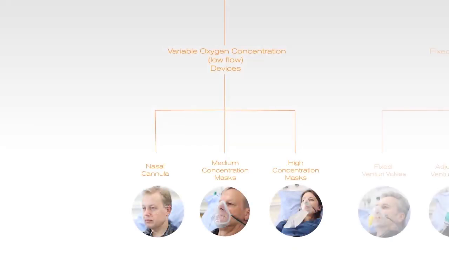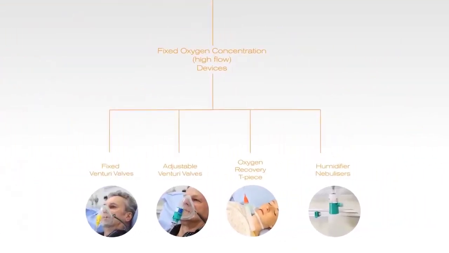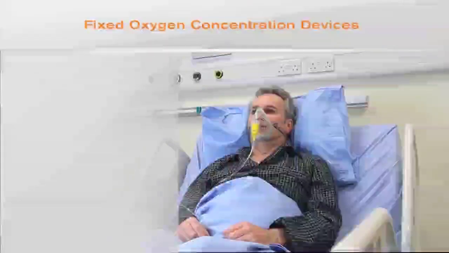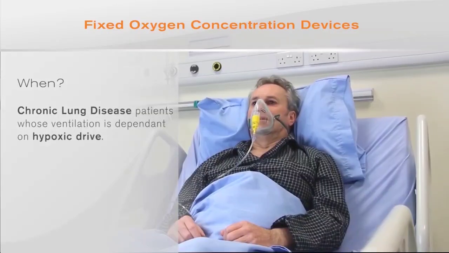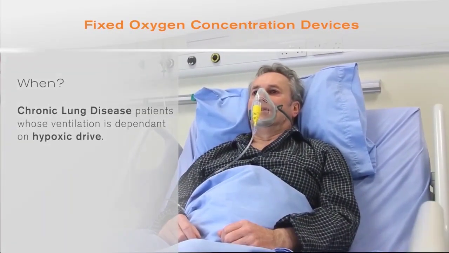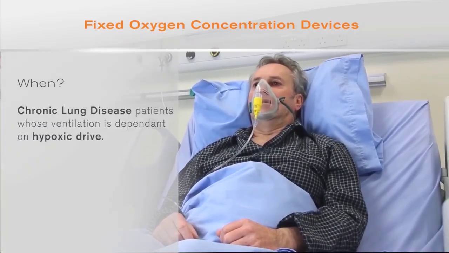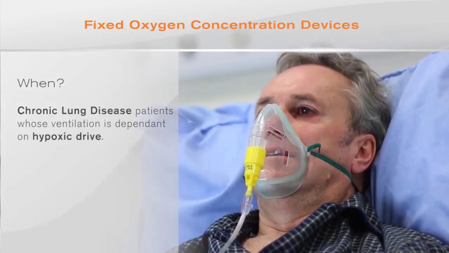Now let's look at the fixed oxygen concentration devices, also known as high flow devices. These provide sufficient flow of gas to meet all the patient's minute ventilation requirements. Firstly, why would you use a fixed oxygen concentration device? These devices might be more appropriate for patients with chronic lung disease and CO2 retention, whose ventilation is dependent on